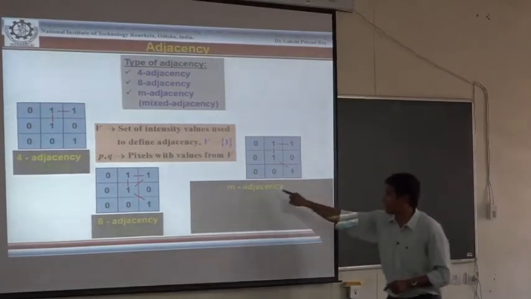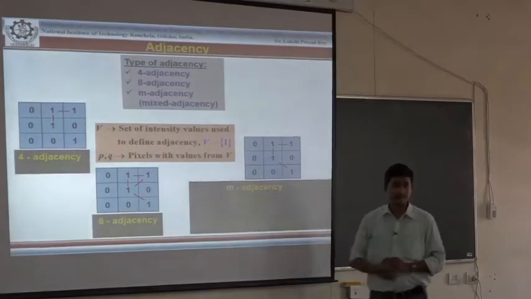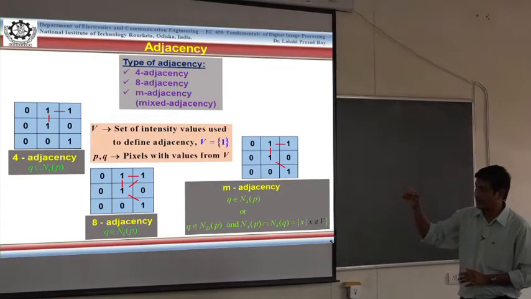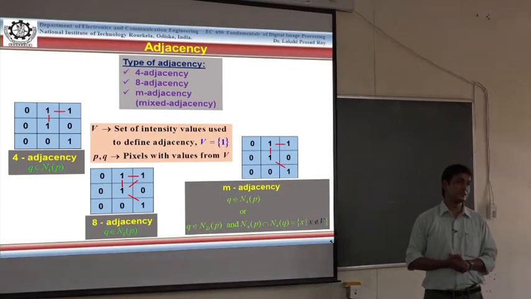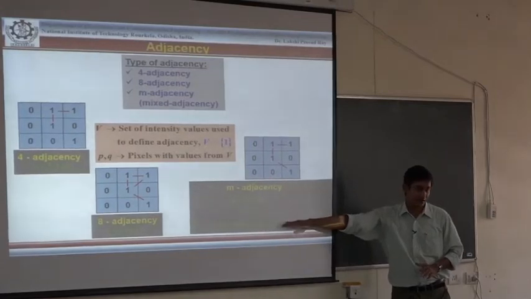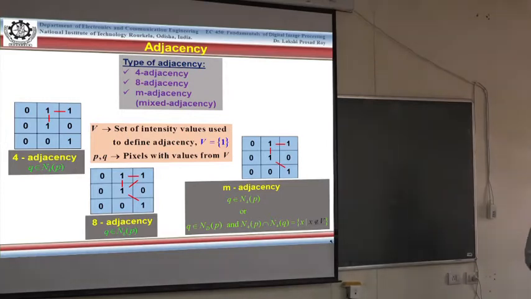This is what M adjacency speaks about. That's why you are seeing the line this way, not the diagonal one, which could be put in the 8 adjacency. This is the difference. That's why I said the importance is a lot to make it different from 8 adjacency. Well,